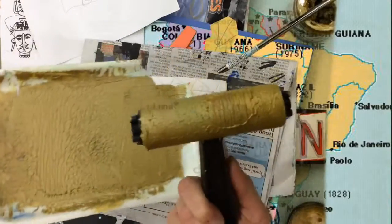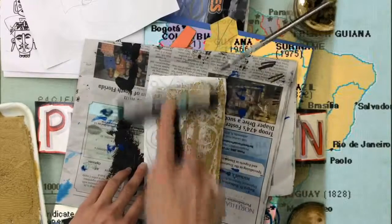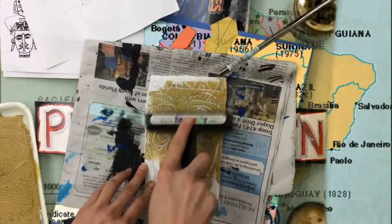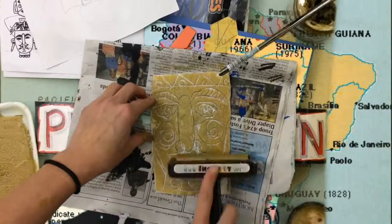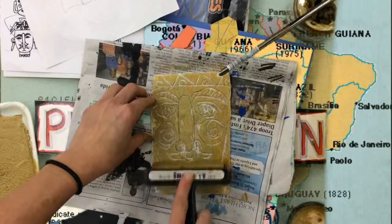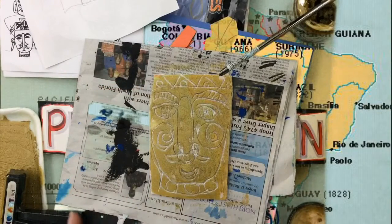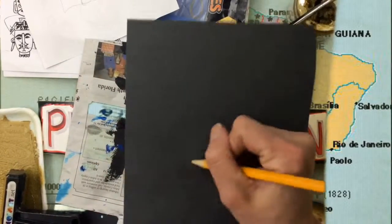Oh, now that looks perfect. Now what I'm going to do is just roll the ink over lightly. I don't want to press down too hard, because if I press down too hard, the ink will go in the lines. And I don't want it to go in the lines, I want it to go around the lines. Now once your mask is covered with the ink, then you need a piece of paper to print your image on. Make sure you write your name on your paper,